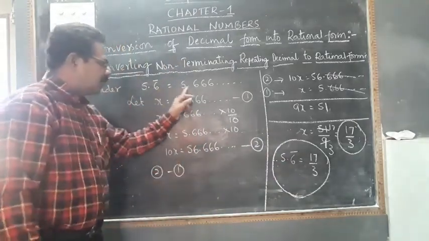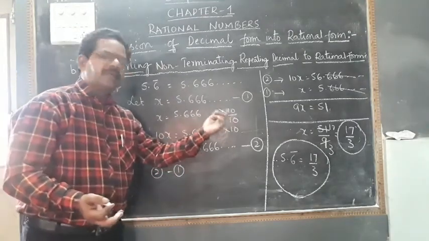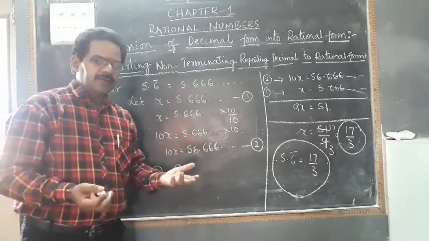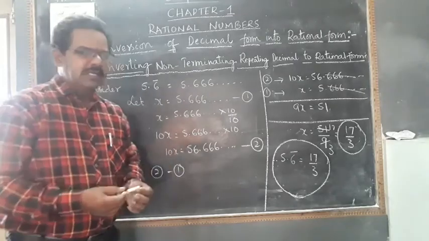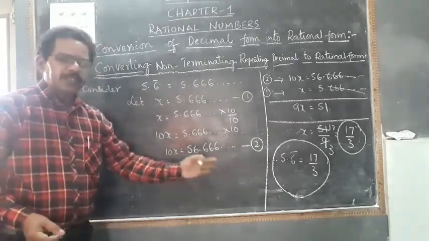If only one number is repeating or two numbers are repeating, then we can multiply with 100. Three numbers are repeating, we can multiply with 1000. That also in this, different cases are there. That we shall see now. Okay. Please look at the board and check the sum. Please note down.